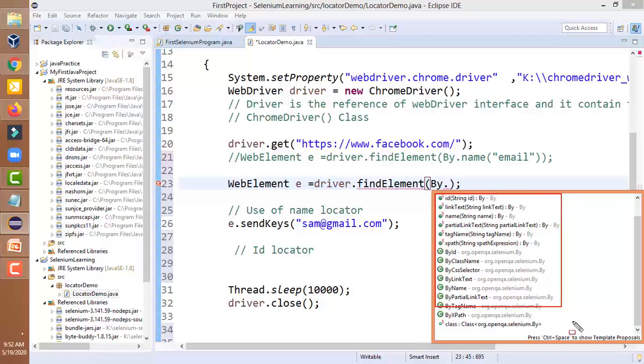Look at this red frame I have just drawn. All these are the locators.